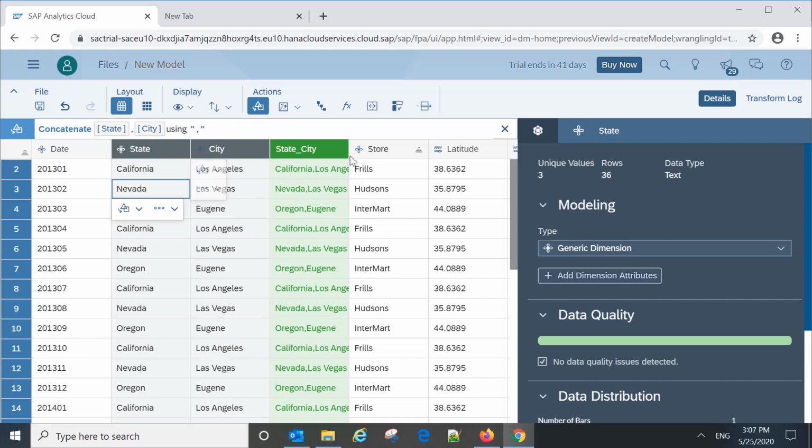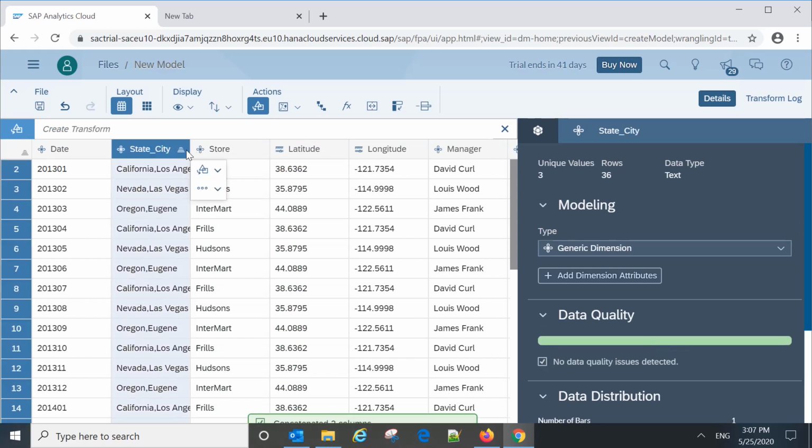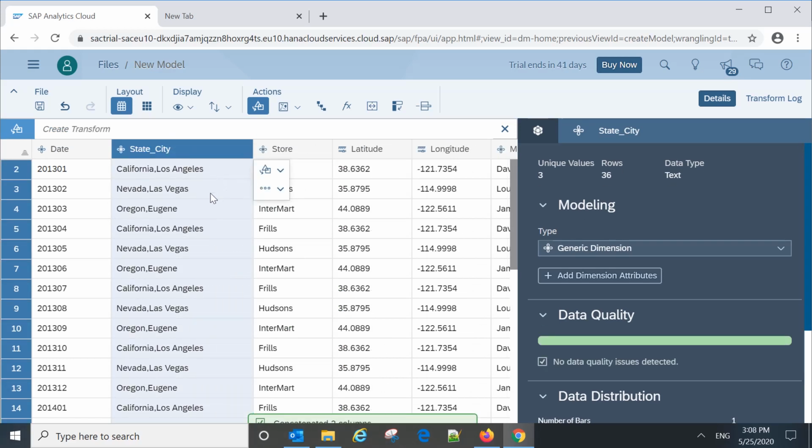You can see another column got created here, which says state and city, where the state name and city have been concatenated. There are different address parts like phone number, street number, state, and city stored in separate columns. Those columns we can combine into a single column, and for that we can use this concatenate option.